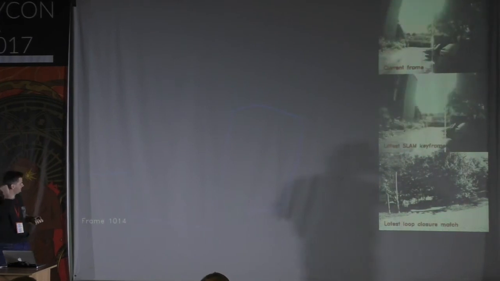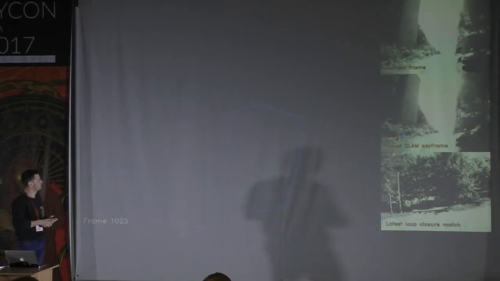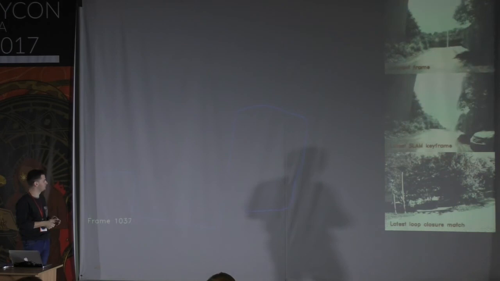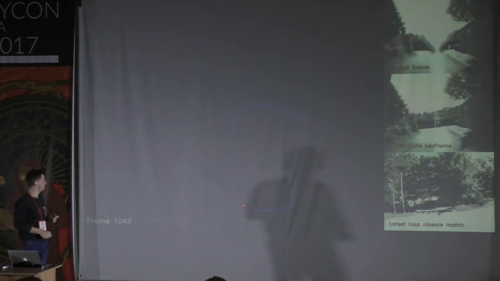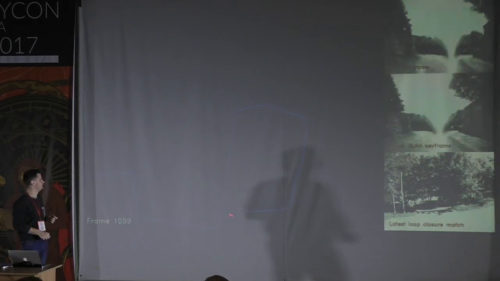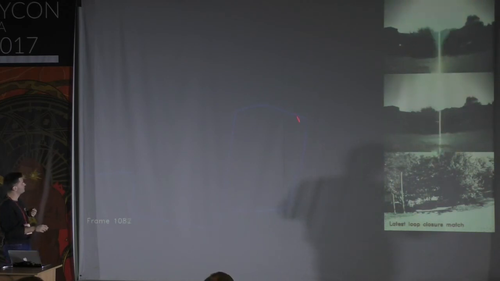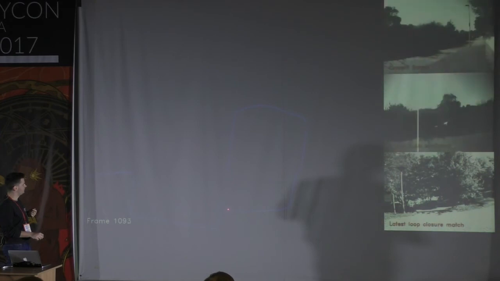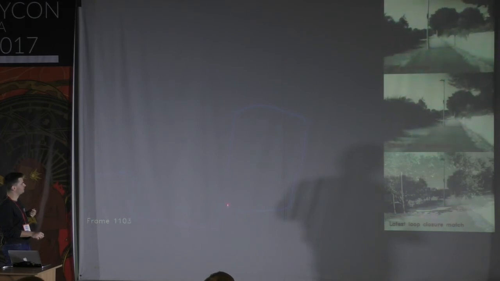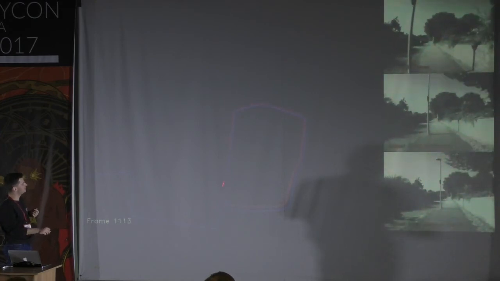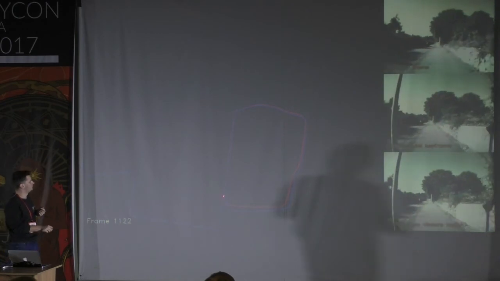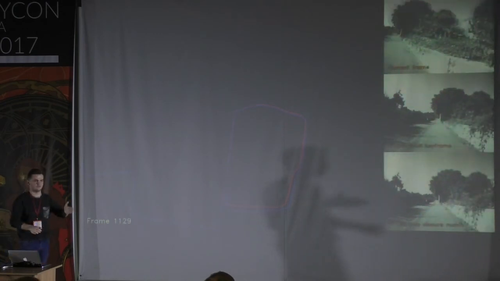So you can see now the result of global constraints. So far these two methods deliver basically the same position. But I'm making a loop here on purpose. And once the algorithm detects that I've been here before, it corrects the path, and basically it returns me to the point where I've been before.